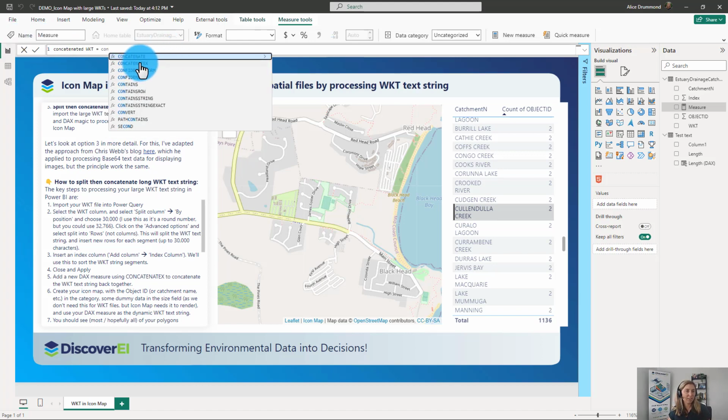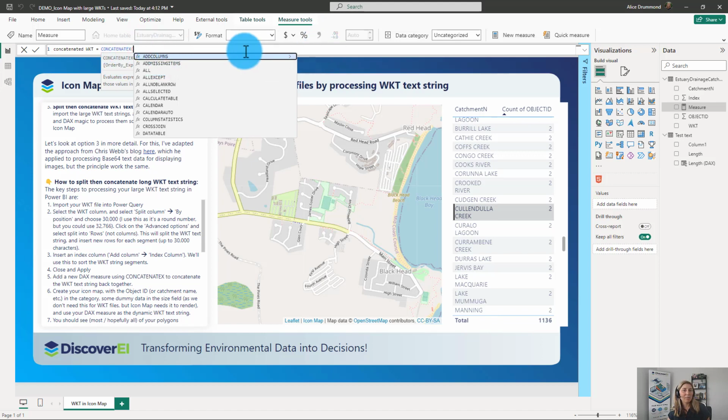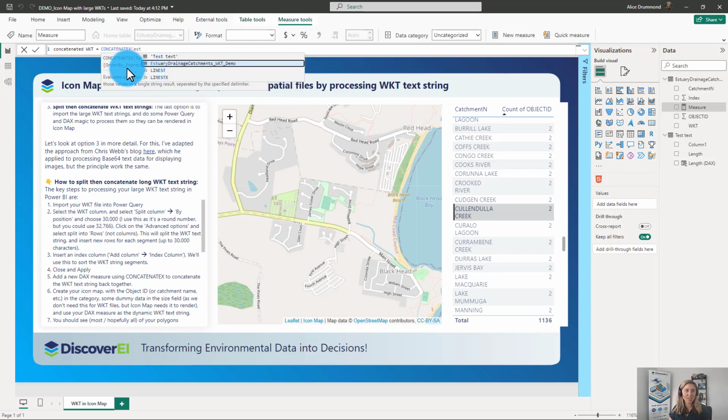And I'm going to use this function concatenateX. We can't really see the IntelliSense right here, but what it does is it allows us to iterate through a table and concatenate the text strings based on an order and also some sort of ID to link them together. So I think the first parameter is what table do we want to loop through. So this will be our S3